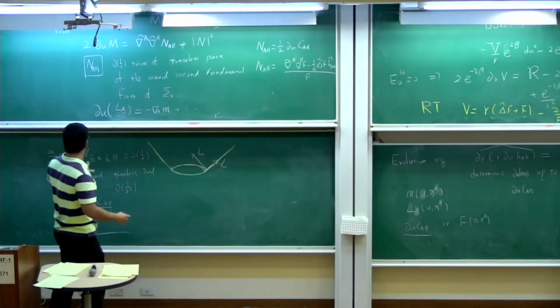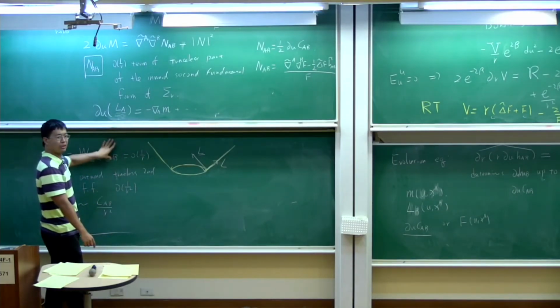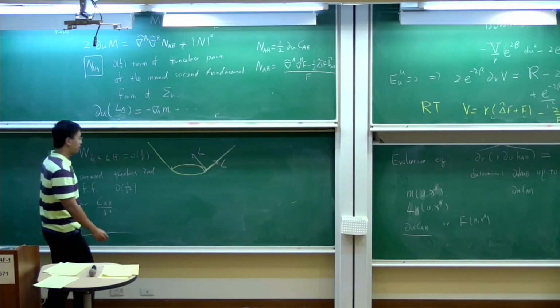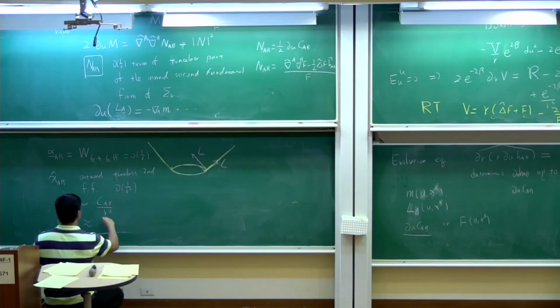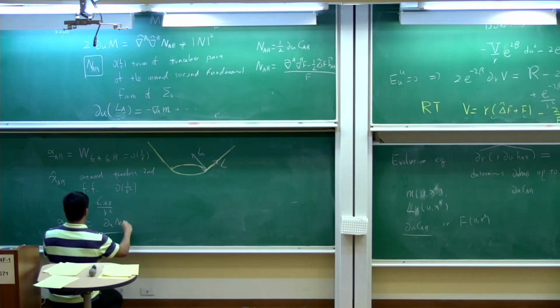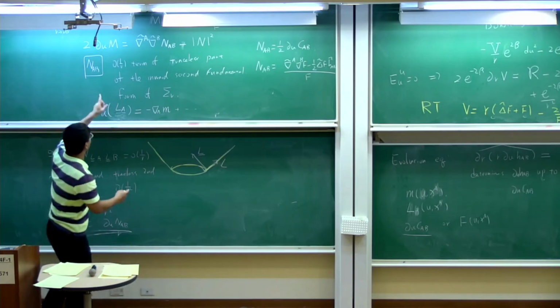And in fact, it's fairly straightforward to check through this computation that the leading order term in alpha_AB is roughly d_u of N_AB over R. Again, this factor of 2 or 1/2 also depends on how you normalize L and L bar. But essentially, these three quantities